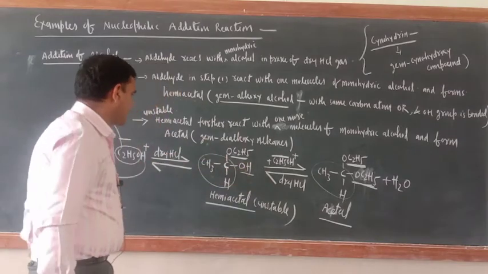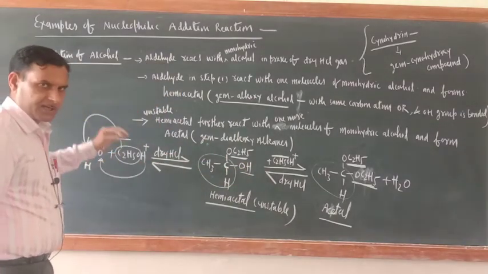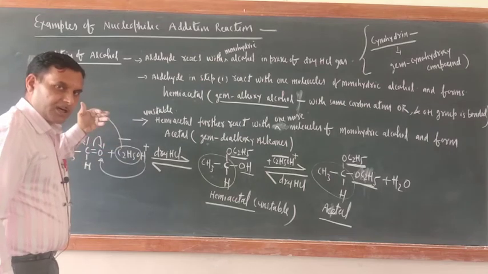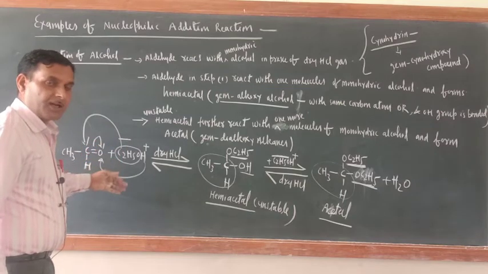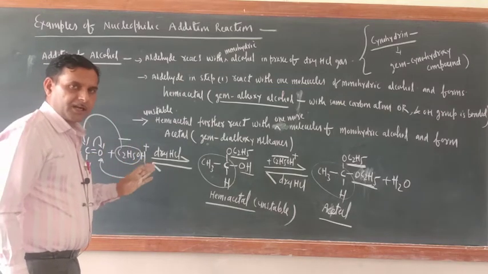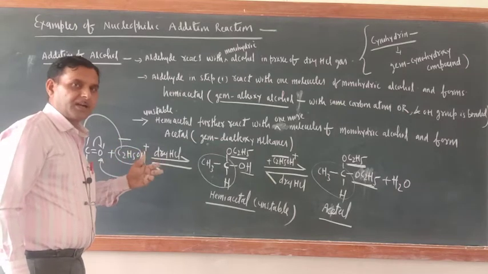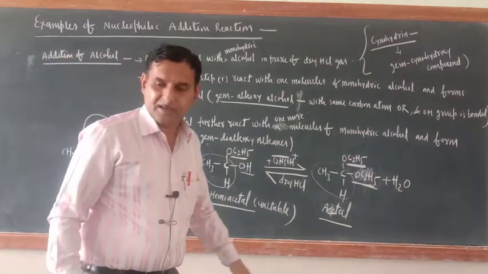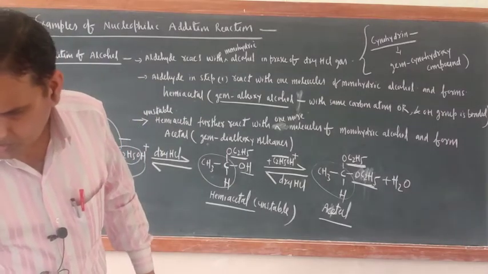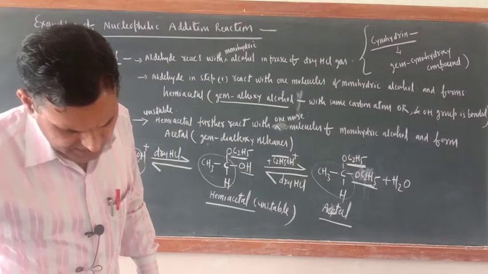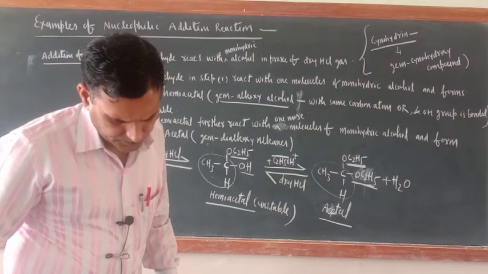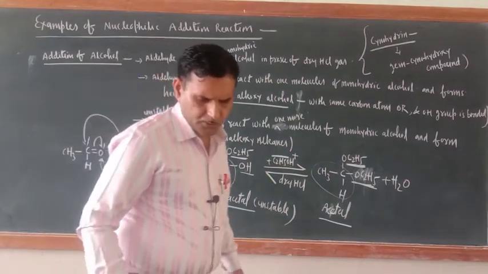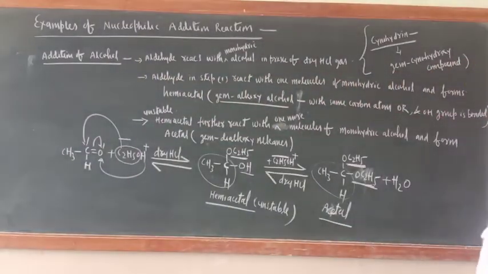Now just see, there are two or three more things that I will teach one by one. Now what is the response of acetone with monohydric alcohol? Acetone does not react with monohydric alcohol, but it reacts with dihydric alcohol and forms a cyclic ketal. So that should also be taught. Ethylene glycol gives a cyclic ketal, cyclic acetal. So first you should write that ketone does not react with monohydric alcohol.